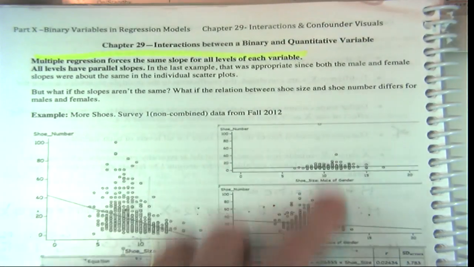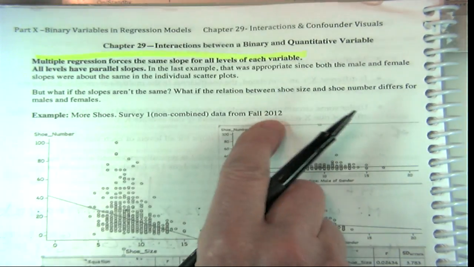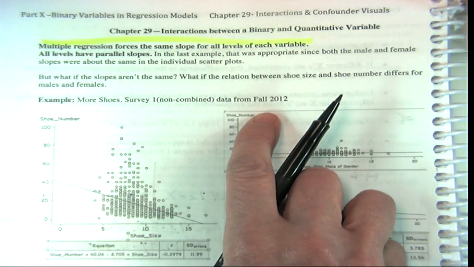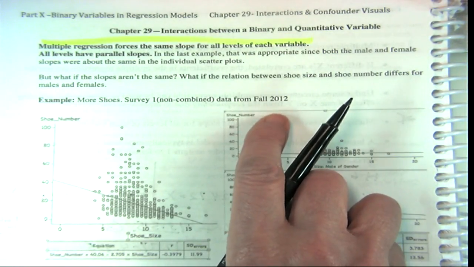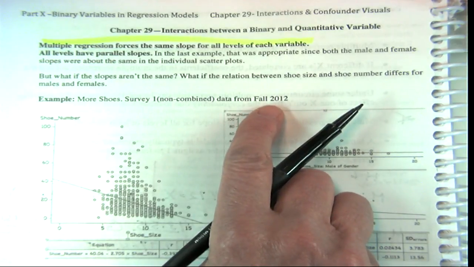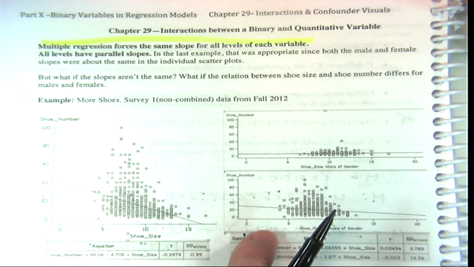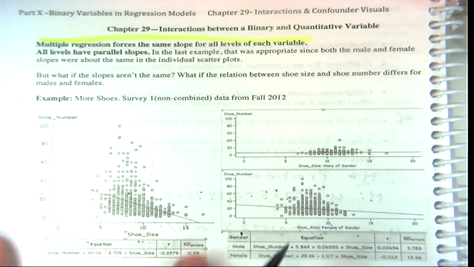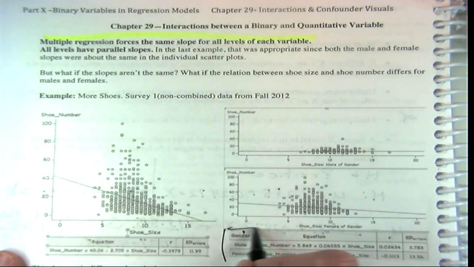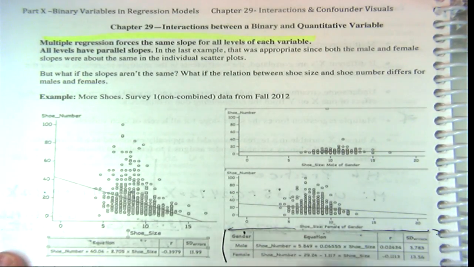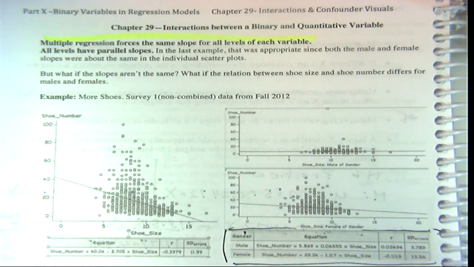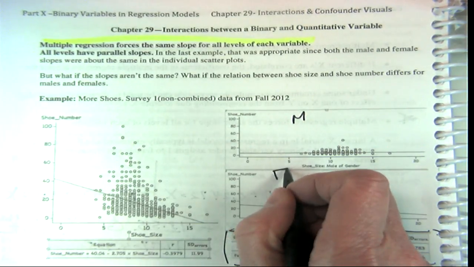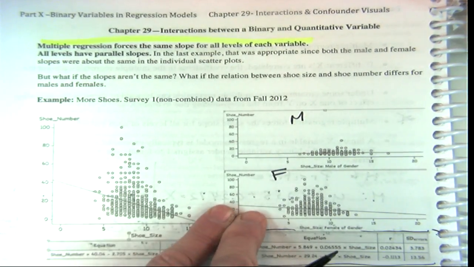So here, in the old days, I used to get plots that looked very much like this, where there were different slopes for males and females. And this was one of the last years I got it. This is fall 2012. And so here's this really strong negative slope that we have. And here are our stratified regression equations. For males, it's pretty flat. But for females, there used to be, certainly in my day, this negative slope, sort of,